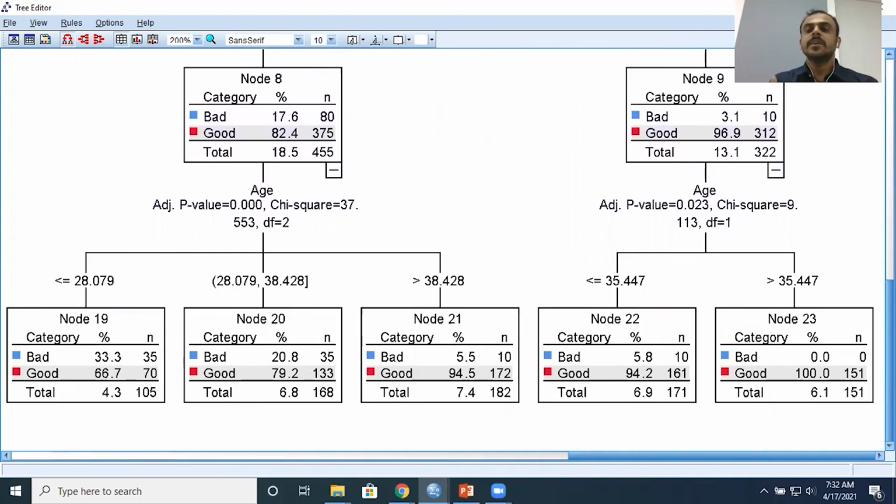Very interestingly, if you remember, I had included other important variables as well. That is number of car loans and education levels, right? You don't see these 2 variables appearing anywhere here, which means that these 2 variables do not have a high degree of relationship with bad credit risk or good credit risk, right? Because they don't have a significant relationship, those 2 variables are not included in the model building process, right?